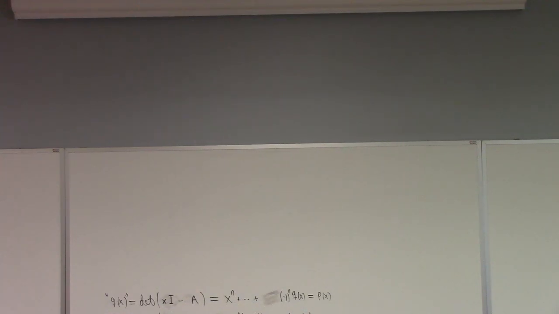Given a square matrix A, n by n, if there exists an invertible matrix P such that P inverse A P is equal to a diagonal matrix D, which is like, let's say, diag